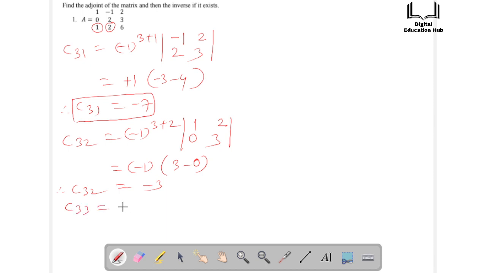C33 is equal to minus 1 raised to 3 plus 3 with its minor element. So the minor is 1, minus 1, 0, 2, and if you solve this, minus 1 raised to an even number is a positive value, multiplied by 1 into 2 minus 0, that comes to 2. So C33 is 2. So with all these values,